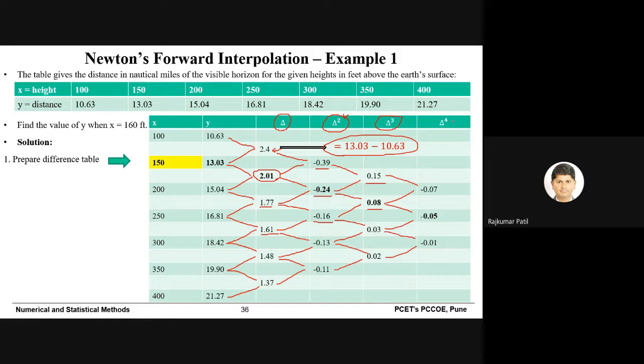Again, here I restricted up to del raised to 4, but you may say that we can also calculate del raised to 5 by taking the difference between these values. So del raised to 5 is also possible. Again, del raised to 6 is also possible by taking the difference between these two values. So if you have time in the examination, you can calculate the higher values as well.